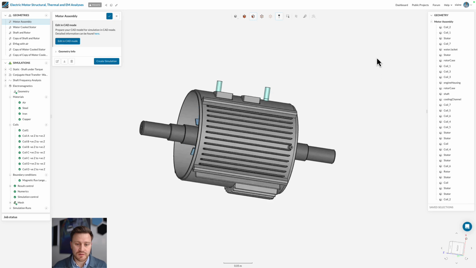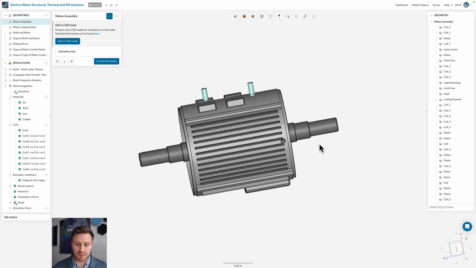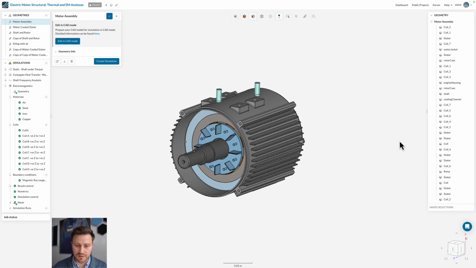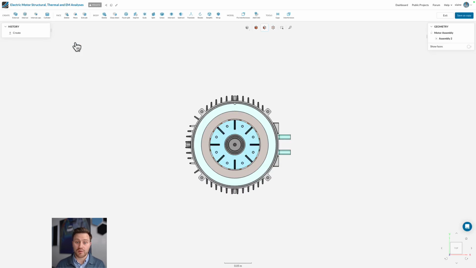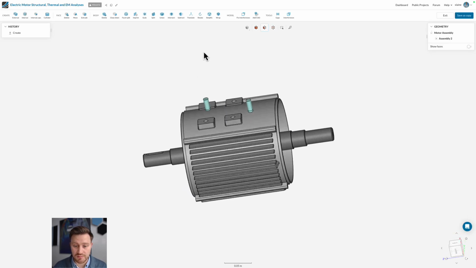What we're going to do for this demo is have a look at a motor assembly, an electrical motor. And for the first part of this demo, we're going to have a look at the cooling channel, and we're going to optimize that by having a look at the pressure drop through it, and then we could obviously choose the design. So the first thing to do is to obviously import your geometry into SimScale, and we support all